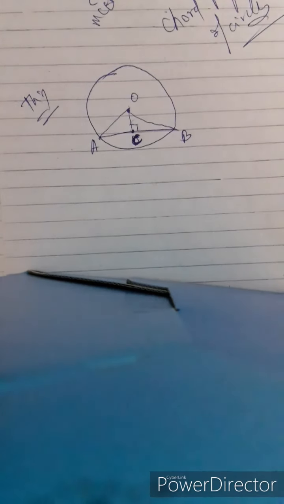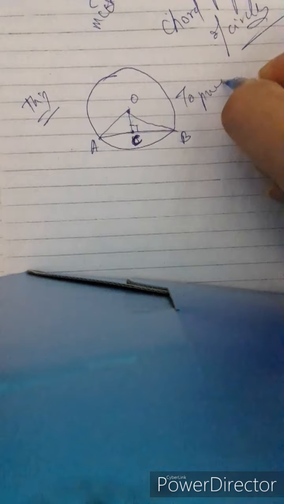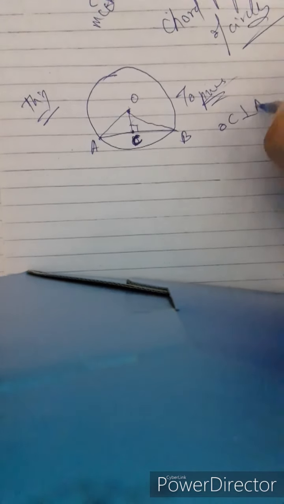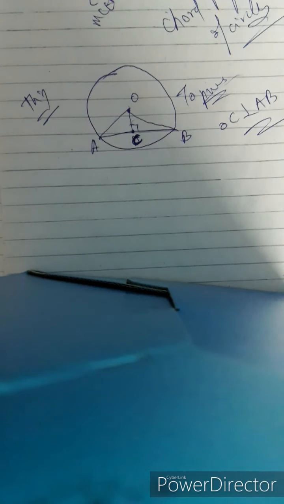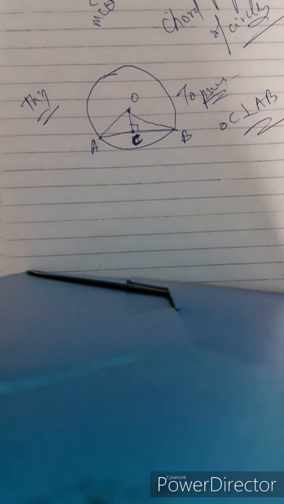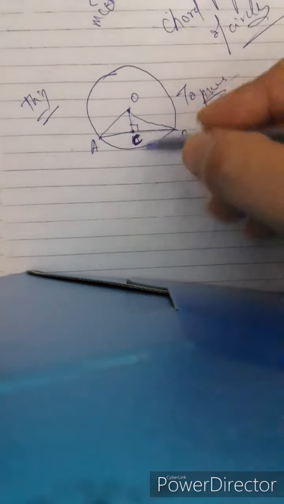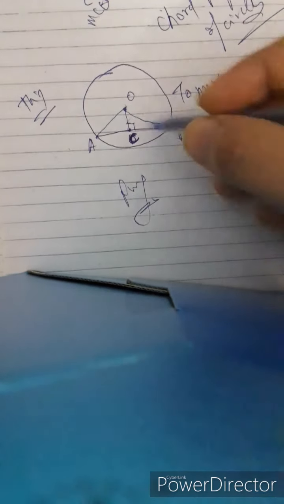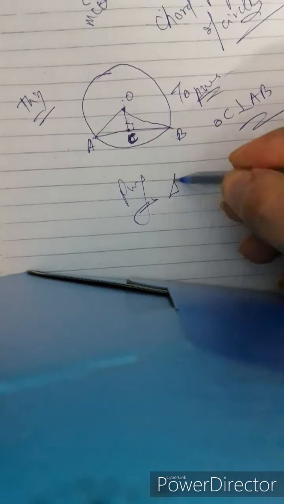Alright, the straight line OC, we have to prove OC is perpendicular to AB. When a straight line is drawn from the center of a circle to the chord and bisects the chord, then that straight line is perpendicular to that chord of the circle. This we have to prove. So taking the proving part, it's very simple. Taking triangles ACO and BCO,